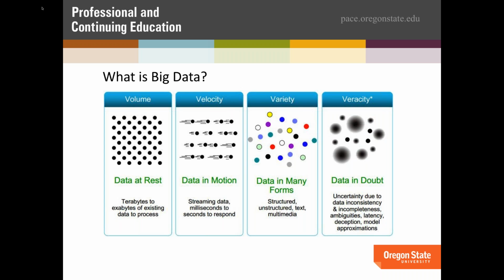And last but not least, there are a lot of times where the data might not be, I don't want to say inconsistent, but it might be incomplete. We call that data in doubt. What do you do if parts of your data are either ambiguous or maybe even deceptive? You don't want to get a false negative or a false positive. You want to understand tools that allow you to infer information from the massive amounts of data without taking cues from inconsistent or potentially deceptive data and making incorrect decisions about those.